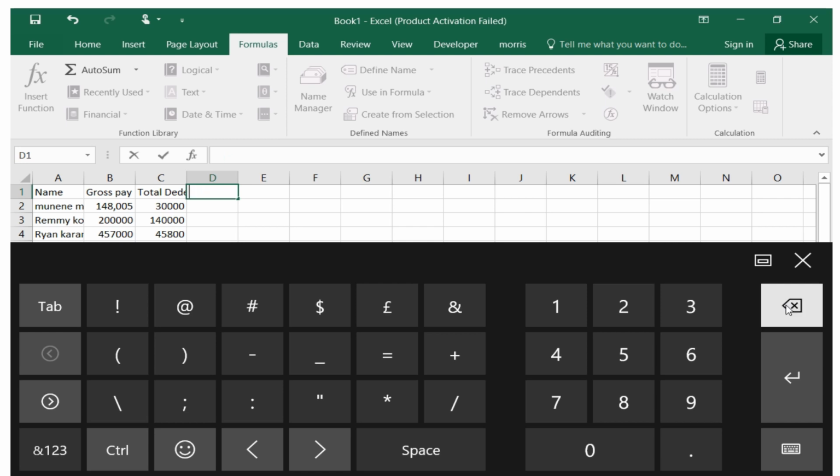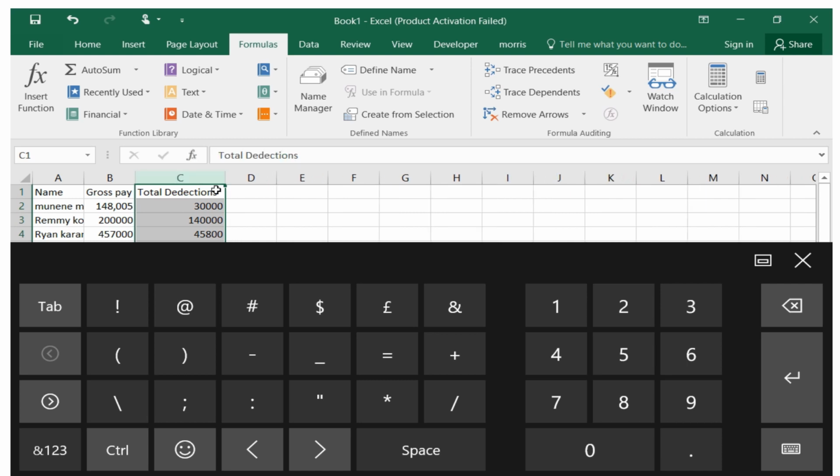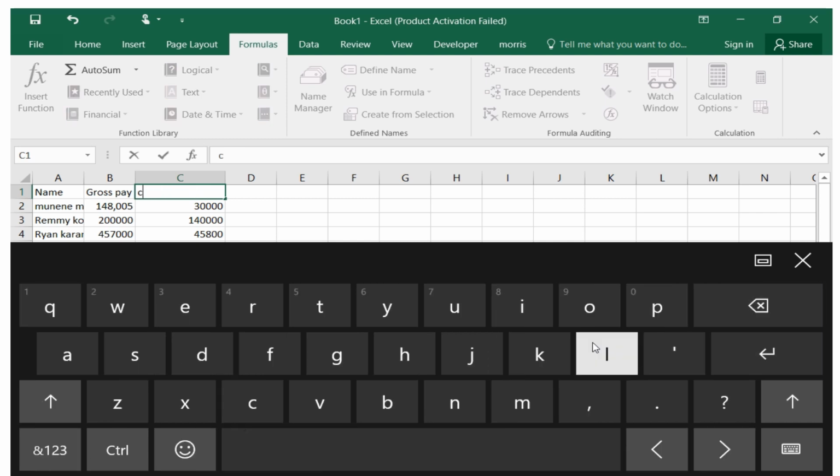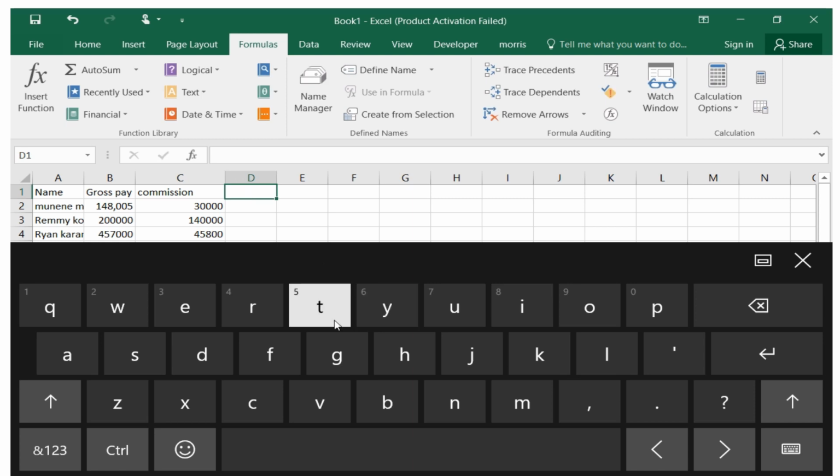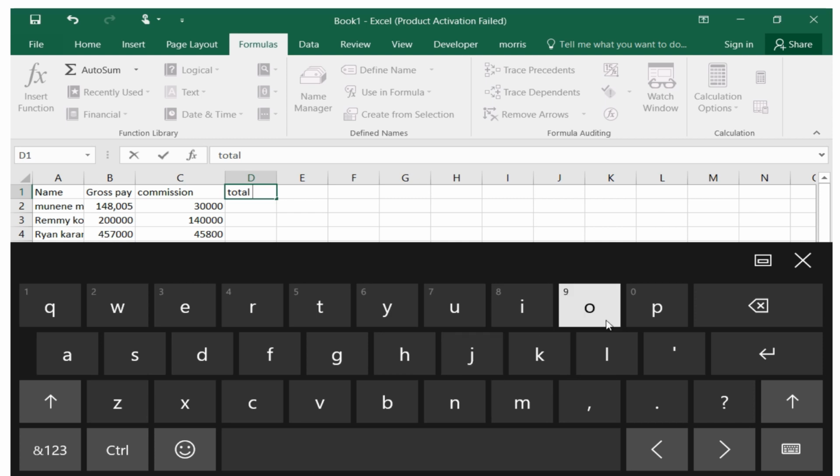let us maybe call these not deductions, now we call it maybe commission, so that you can differentiate from the one that we have done earlier on. We can call this one commission that he has earned that month. So now we can have the total earnings here, or the total pay,